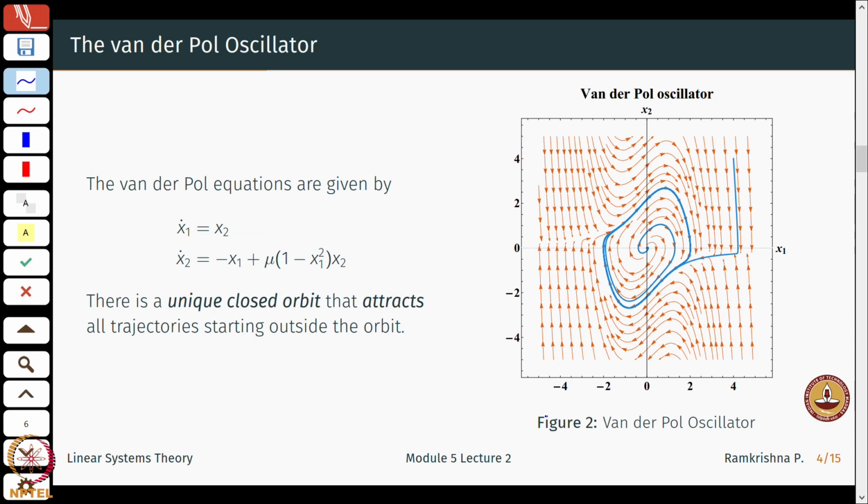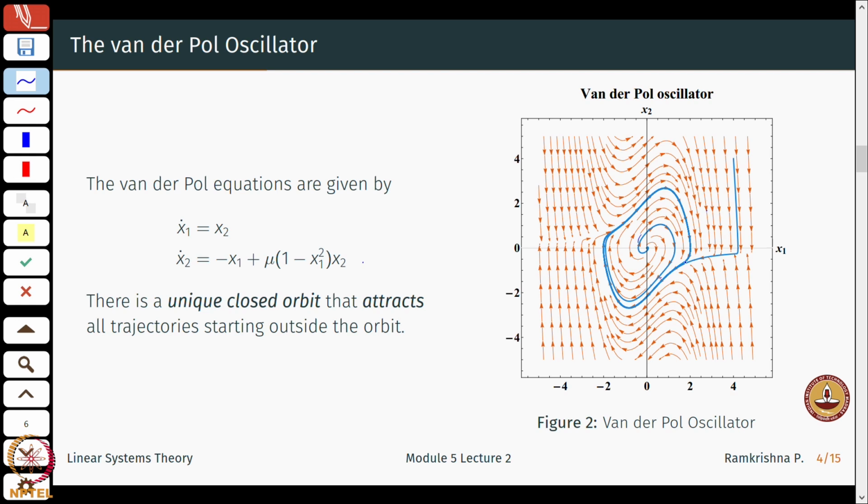People familiar with circuits would have heard about the van der Pol oscillator, right. It's a nonlinear circuit with dynamics given by the following equation. I will not really discuss the construction of the circuit, but we will be interested in its dynamics. So, if I draw the phase space, it will still exhibit a unique closed orbit that attracts all trajectories starting outside the orbit. So, either here or here it will just attract to this blue